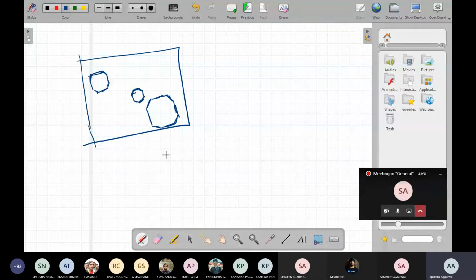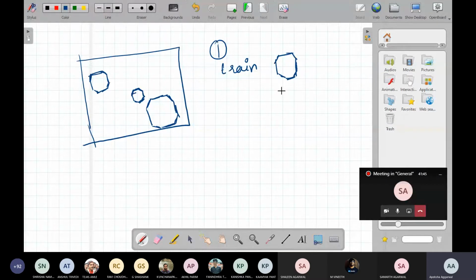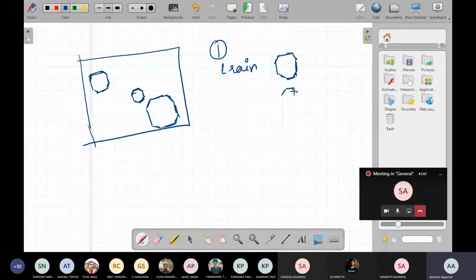What we do in such a case is first train for individual cropped images. We train our model on the individual cropped images consisting of all these sizes, because if we want to predict something, our model should have been trained on such things.